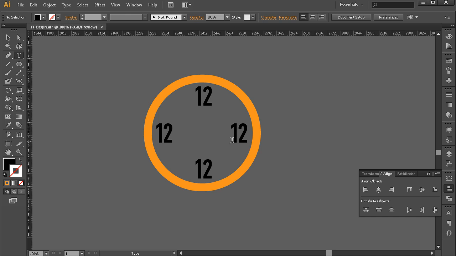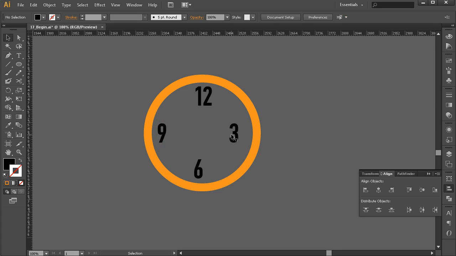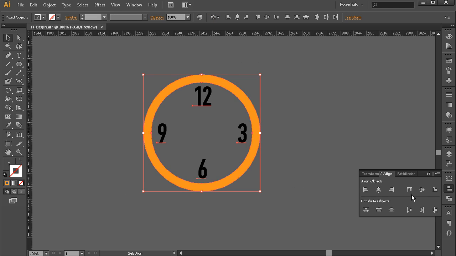Now let's go ahead and fix these numbers. So this is going to be our 3, and this one will be our 6, and this one will be our 9. Now they're a little bit off just because of the way that that spacing works with that particular font. So I'm going to go ahead and fix that, just make that feel like it makes a little more sense, and maybe align this one again, just like that. So once you're happy with the distribution of those numbers, you can go ahead and select all 4 of them, hit Control G, and then we'll select our circle as well, and go ahead and do a horizontal and vertical